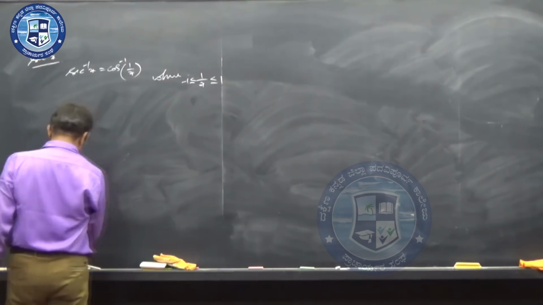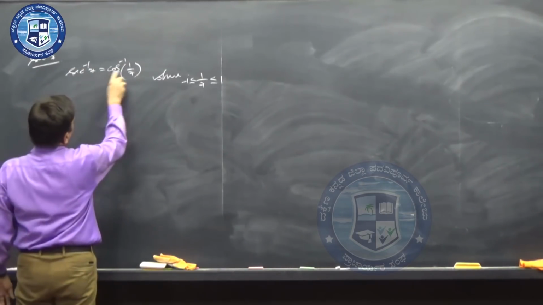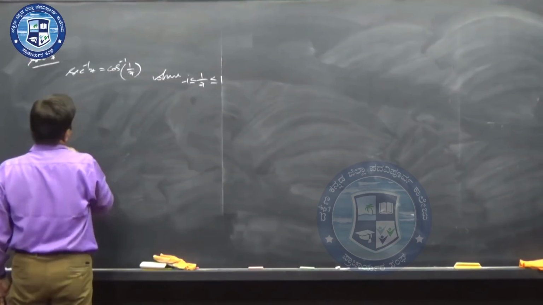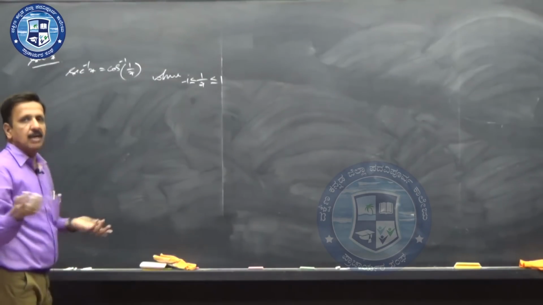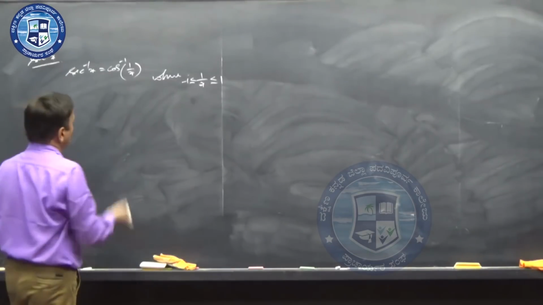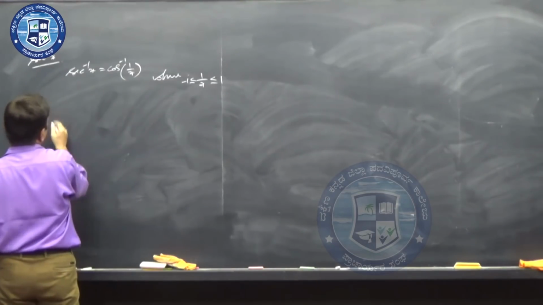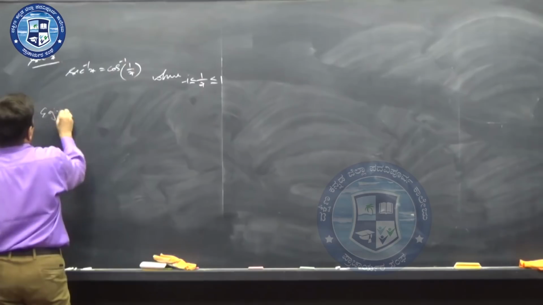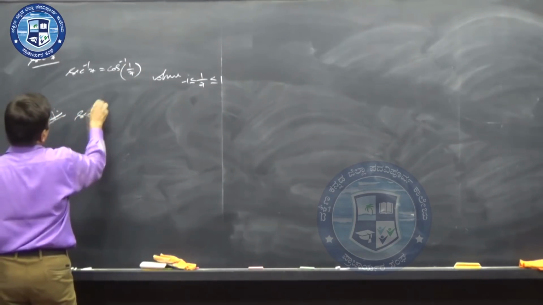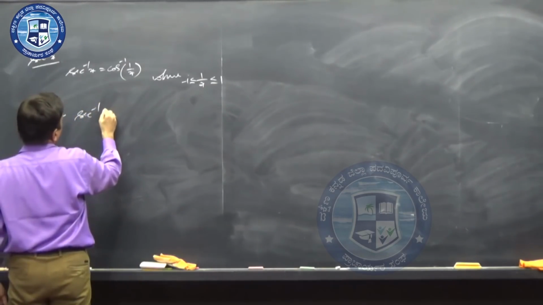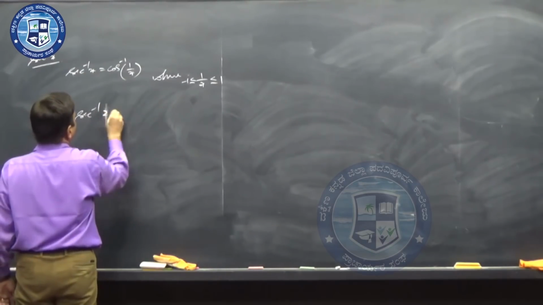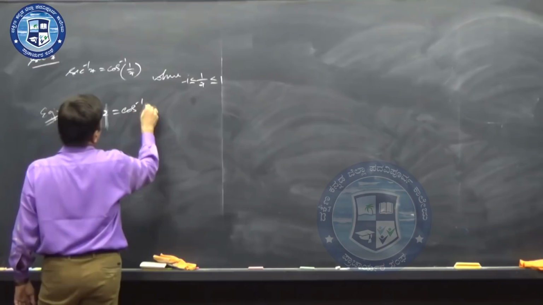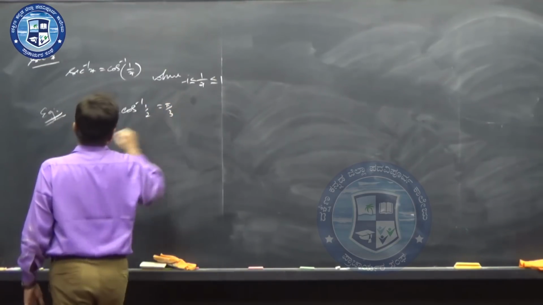Okay, now secant inverse x is equal to cos inverse 1 by x. You can have the proof in the same style as cosec inverse x is equal to sin inverse 1 by x. How you have proved that? Okay, we can take lots of examples in this. Examples. Secant inverse, for example, 2 we will take. That is equal to cos inverse half, that is equal to pi by 3.